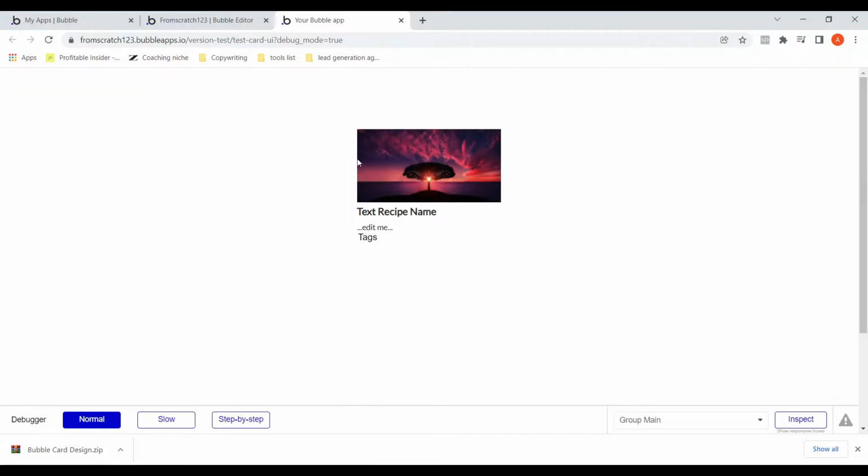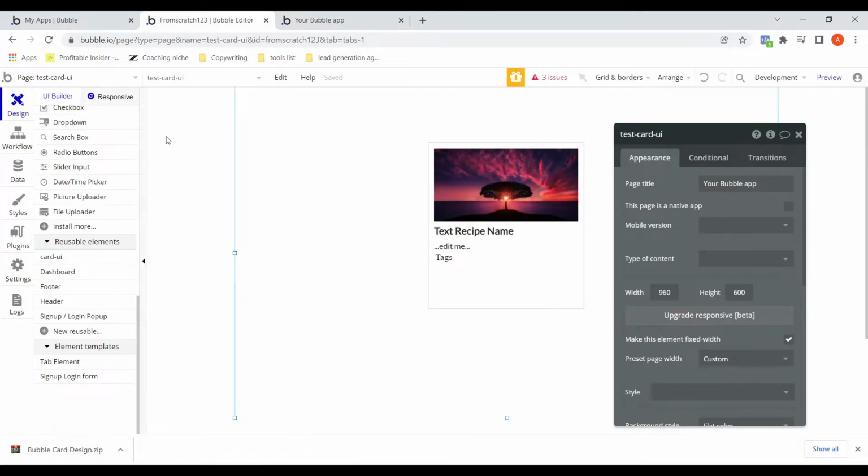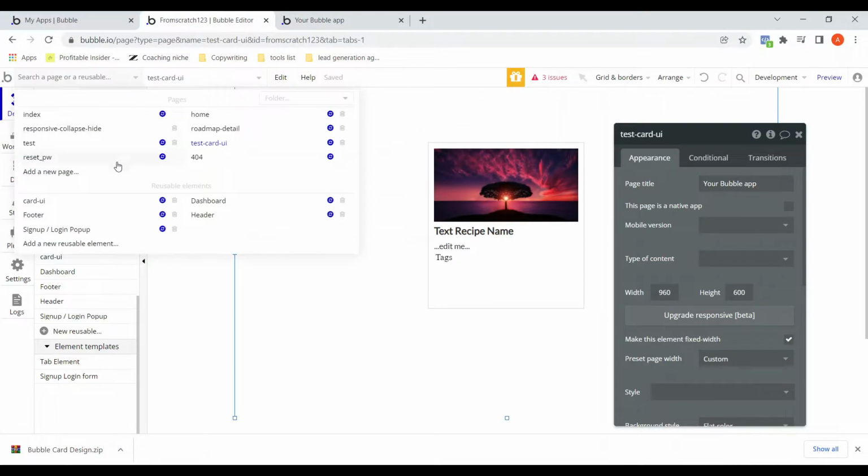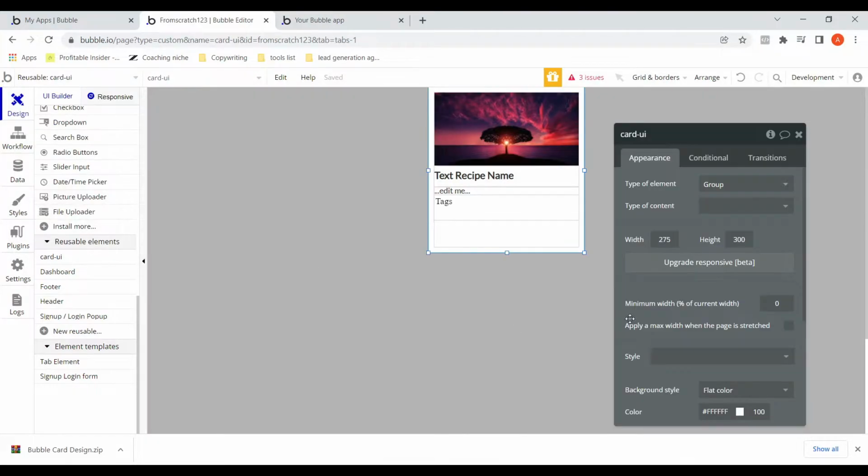All right, there is not much styling here. Also, there is no border here. Okay, let's give it some border so that it is visible. All right. I'll go back to the card. The card is card UI. What I'll do is I'll select the outer part, the card itself,